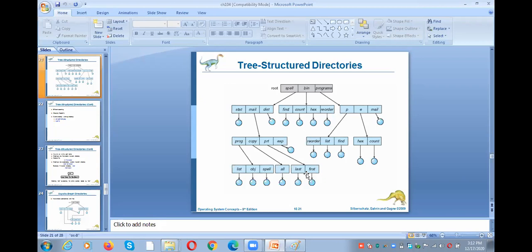Actually, in the previous example I told you, under the program directory you can create different directories. One may be a C program directory, another a Java program directory, and the next a photos directory. Under photos you keep all the photo files, under the Java subdirectory all your Java programs, and under the C directory all the C programs. So that is the advantage of the tree-structured directory. What is the disadvantage? There is no sharing possible in the tree-structured directory.